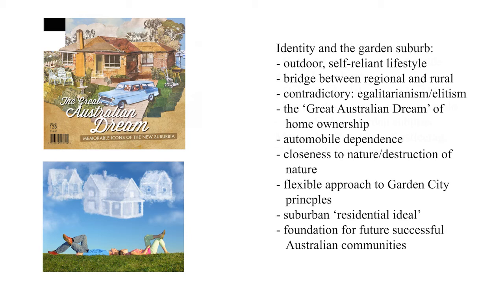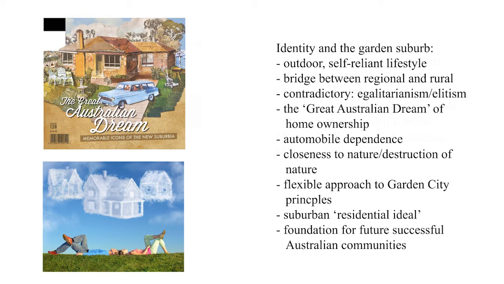However, these negative effects have been mitigated by a flexible approach to the application of Garden City principles by combining garden suburbs with existing urban and regional centres and allowing for different planning and lifestyles to coexist, but still to some extent having a connection with the residential ideal embodied in the garden suburb. A model for a successful and a relatively egalitarian society has been created. Through the legacy of these garden suburbs throughout numerous Australian suburbs, the social reform goals of the Garden City movement have perhaps been exceeded in laying the foundation for a better society, although of a different kind to the one